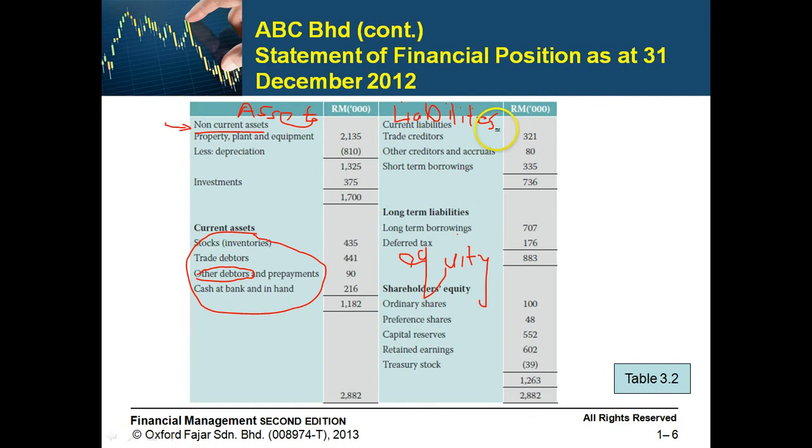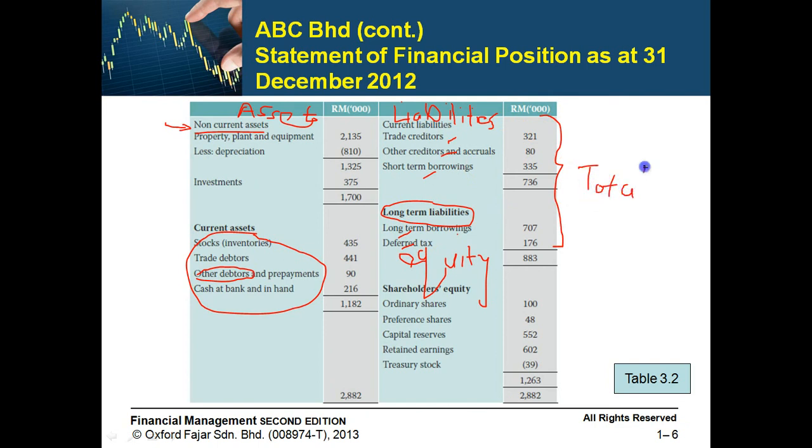Now back to liabilities. Current liabilities are what the company owes someone that you need to settle in less than 12 months. It's more to short term liabilities: trade creditors, also known as account payables, other creditors, and short term borrowing to settle in less than 12 months. At the same time, you have long term liabilities, meaning the company owes other parties, but can settle it in more than 12 months. It is more to long term, also known as non-current liabilities. We have long-term borrowing and deferred tax. So this we call as what, class? Yes, correct. It is total liabilities, also known as